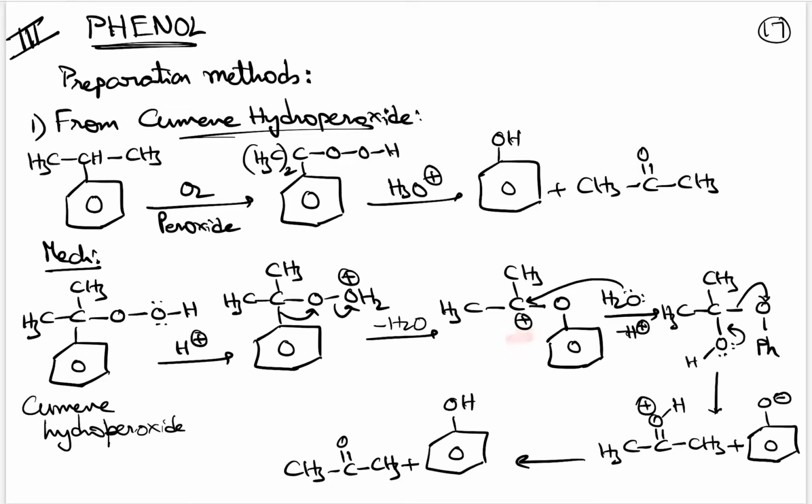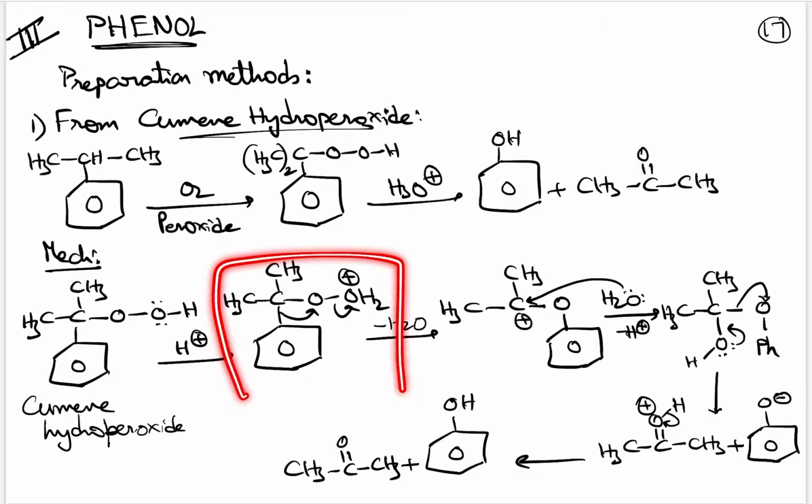Now this carbocation will be attacked by the water molecule and then will release the H plus ion. It becomes OH. And then when oxygen tries to form the double bond, the carbon will go beyond octet, that is not possible, so it will start leaving as a phenoxide ion, and this phenoxide ion afterwards will take the H plus ion by shifting the bonded pair of electrons onto oxygen, and ultimately forms phenol and acetone. So this is the mechanism for the cumene hydroperoxide reaction.